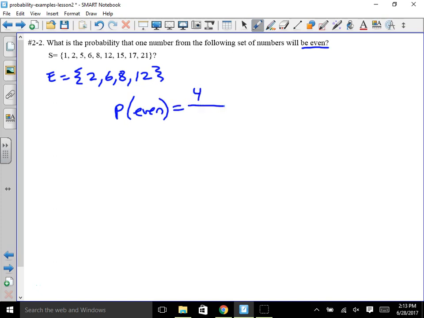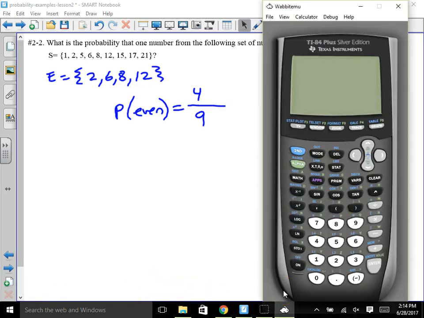There are 4 in that event of being even. And then there's 1, 2, 3, 4, 5, 6, 7, 8, 9 different numbers in the sample space. Okay, and then we could also use a calculator to figure out what that is in decimal if we wanted to. So I'm going to go ahead and bring up a calculator on the screen here and show you that we could also convert that to